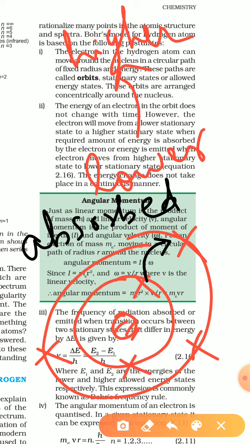For example, if you are starting to do some work, you must have some energy present in you so that you can do that work. As you do your work, slowly you will enter a higher state, where you need more and more energy to conclude that work. Similarly, when this electron moves from a lower energy level to a higher energy level, it absorbs energy. And what happens in the scenario which happens in the opposite way?